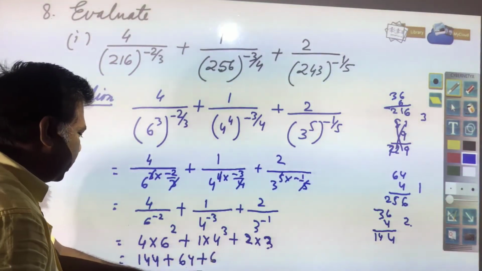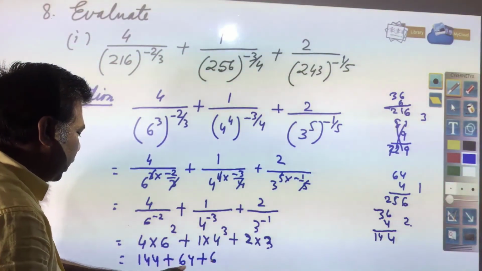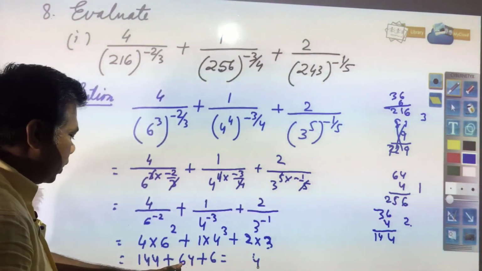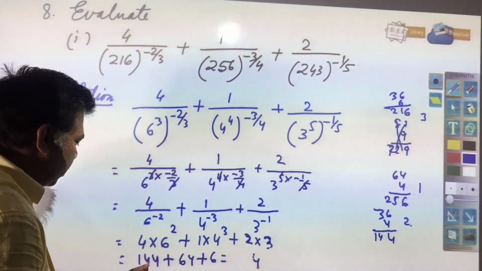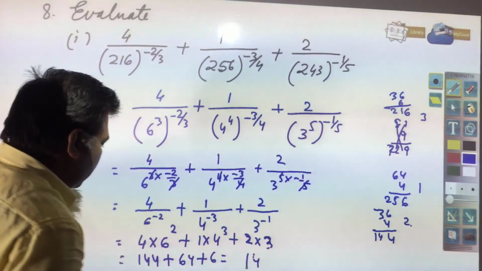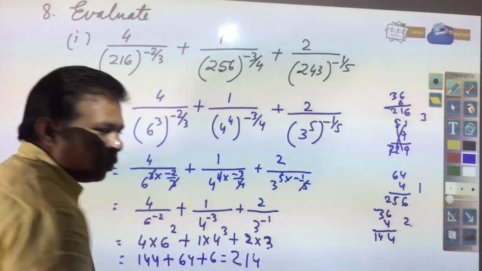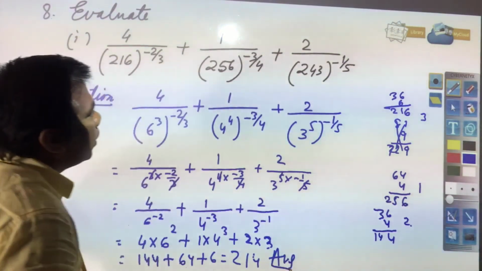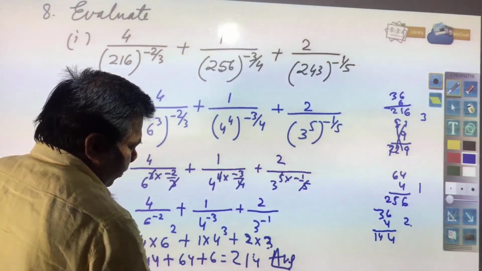Now, we need to add this 6 and 4 is 10, 10 and 4 is 14, 7 and 4 is 11 and this will be 2. So, 214 will be your answer. Next you see,